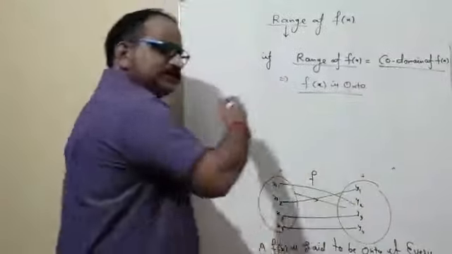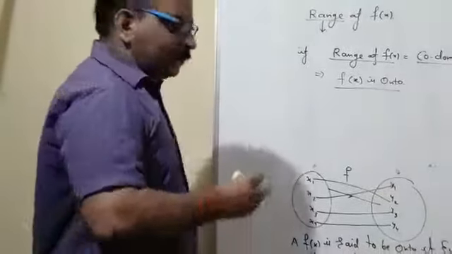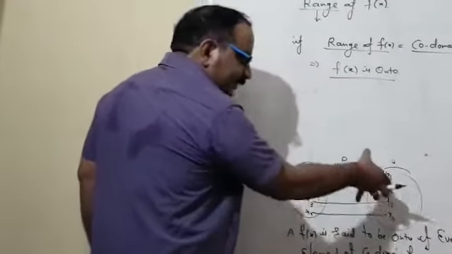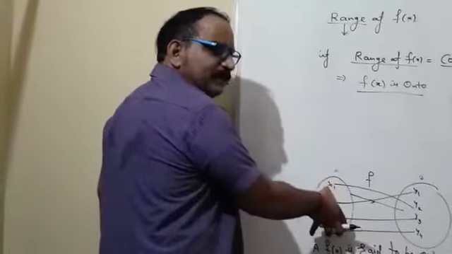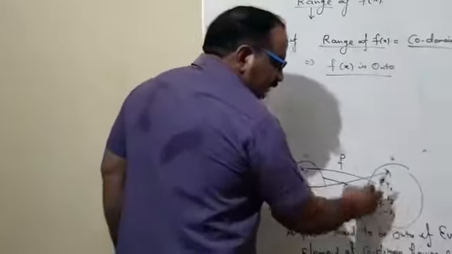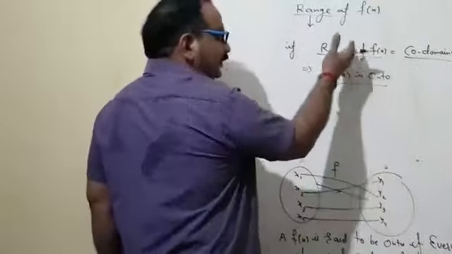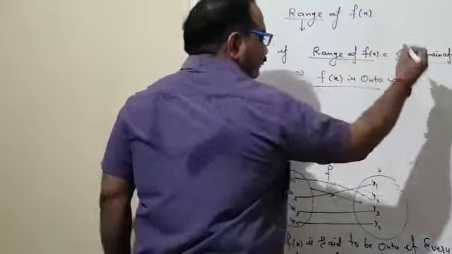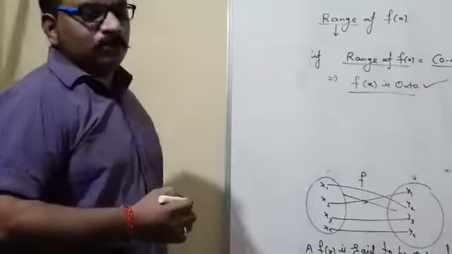then only we declare f(x) is onto, because our definition is justified in these cases. We have already told you, every element of the codomain must have an association with an element of the domain. That is our concern. If it happens, then every part of this codomain becomes the range. If the range of the function equals the codomain of the function, at that time we can declare the function is onto.